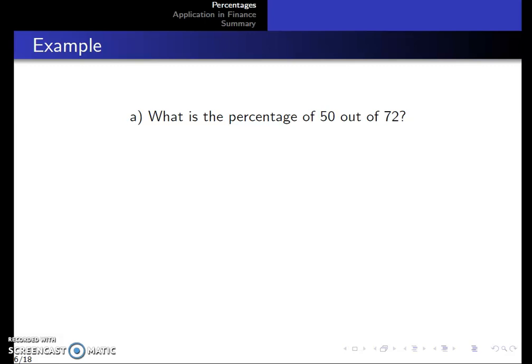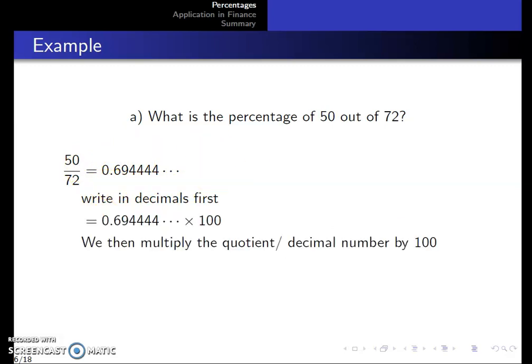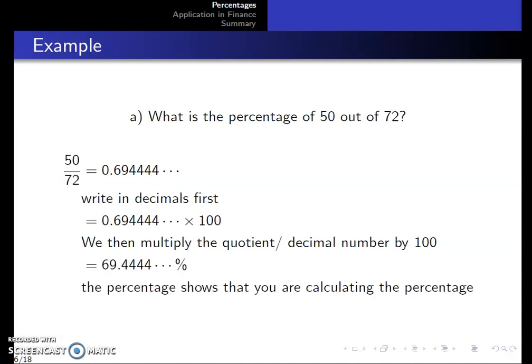Now, the first question: what is the percentage of 50 out of 72? Now, remember we said you always take the small number divided by the bigger number. That is, you take the portion divided by the whole, divided by the total, and then you get whatever decimal value we have here, and then you always write in decimals, and then you multiply that by 100. Remember, we don't multiply by 100%, we just simply multiply by 100, and then after you've multiplied the decimal or the quotient, depending on how you would like to term it, after you multiply by 100, you then get the